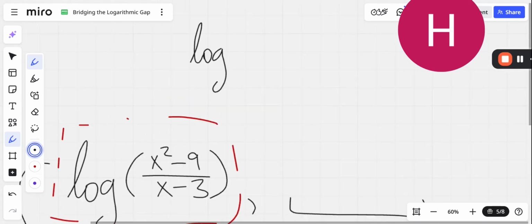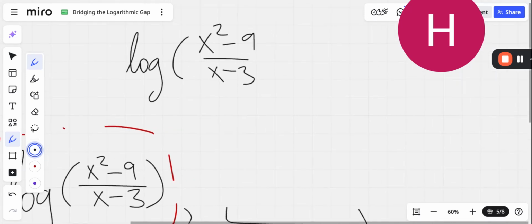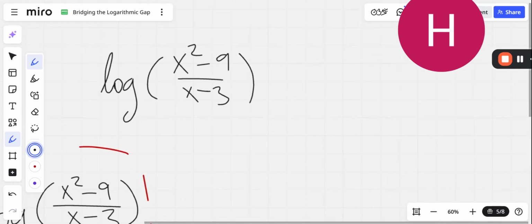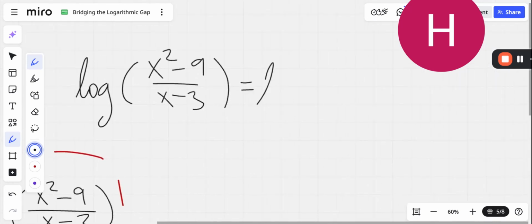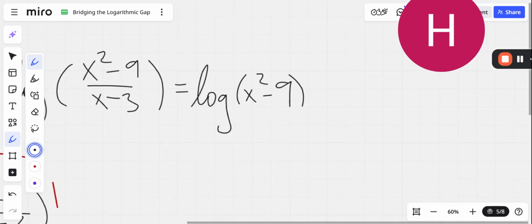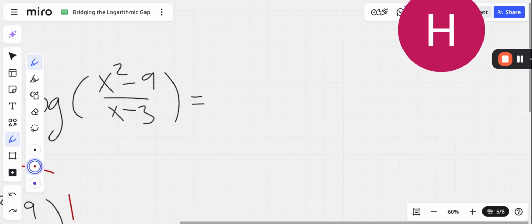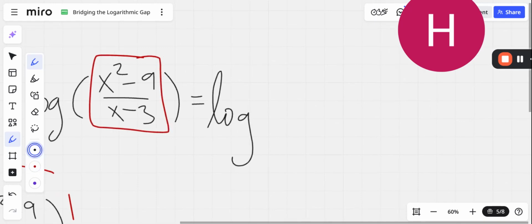So if we have log of (x squared minus 9) over (x minus 3), we can simplify this. Now, you don't want to use the properties of logarithms which have us break up the logs with subtraction, although this is true, that this is the same thing. But that doesn't really help us at all. What we should do is we should simplify the rational expression inside. And this is kind of ideal because we have a difference of squares on top, so we'll be able to factor that as follows. (x minus 3)(x plus 3)